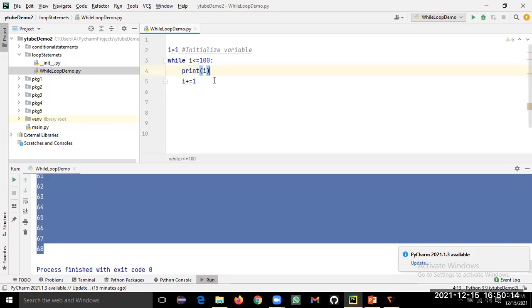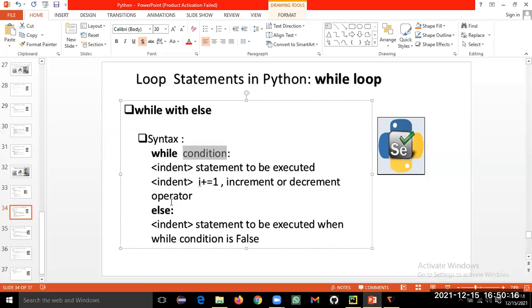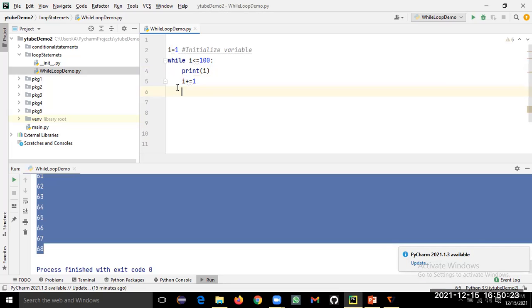Okay, so here we have to follow this syntax. The else is, you can see, just below the while, not inside it. Here we have not given the indent, so it is just parallel to the while, and here we are giving the indent.